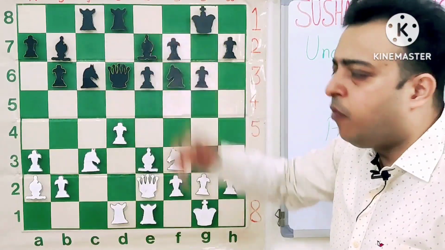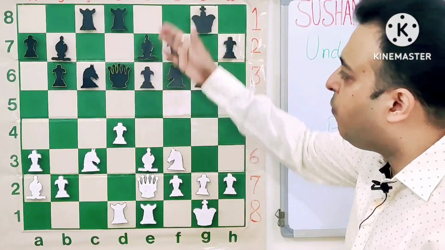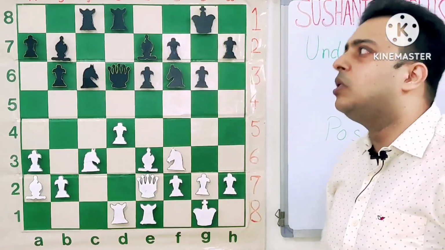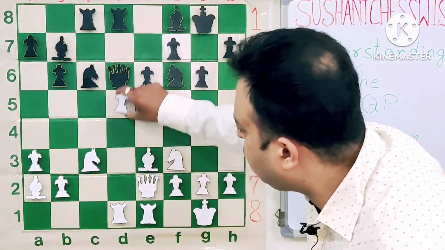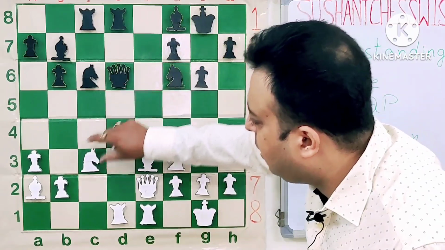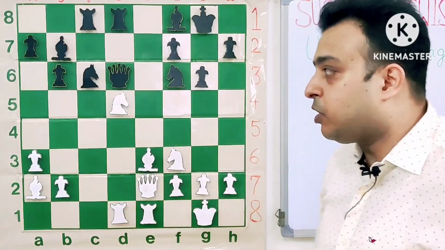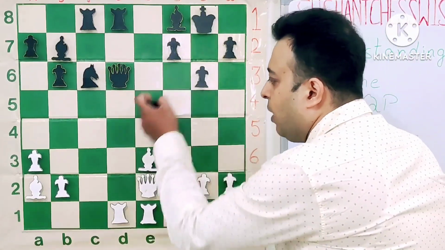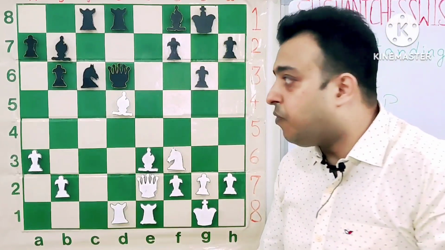So black played the move rook e8 in the game. Let us see if black had played some other move like bishop f8, taking the bishop away from this file. If bishop f8 was played, then also white would play d5, forcing almost e takes d5, knight takes d5, and now both rooks become lively. This is the first point. Knight takes d5, bishop takes d5, and we see that various kinds of threats now loom